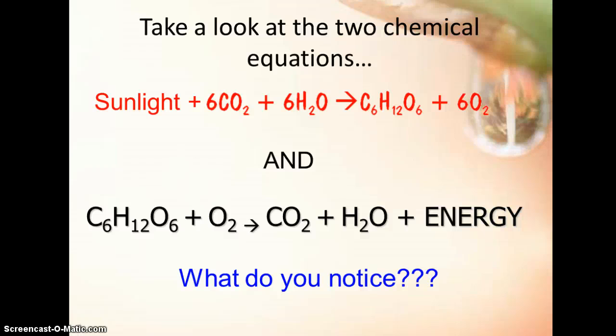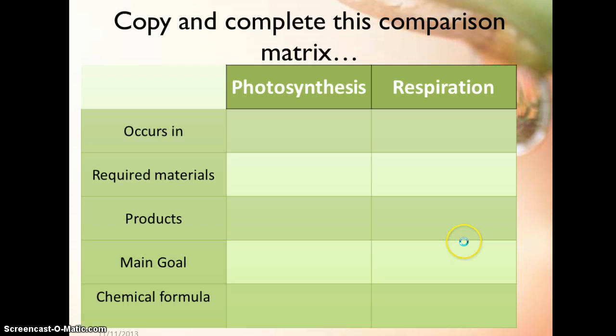Hopefully right now you're taking a look at the two and comparing the two equations. What you should notice is that the two equations are flip-flop of each other. They are the opposites of each other. Whereas photosynthesis requires energy and carbon dioxide and water to make sugars and oxygen, respiration requires sugars and oxygen to make carbon dioxide, water, and energy. So let's complete this comparison matrix, because what we need to understand is that photosynthesis has to occur for respiration to occur,